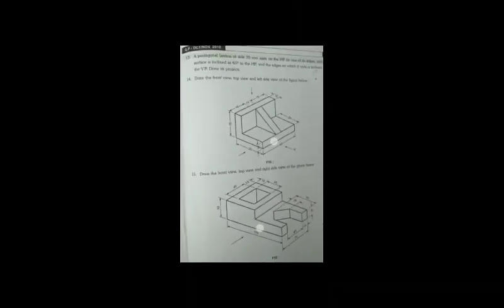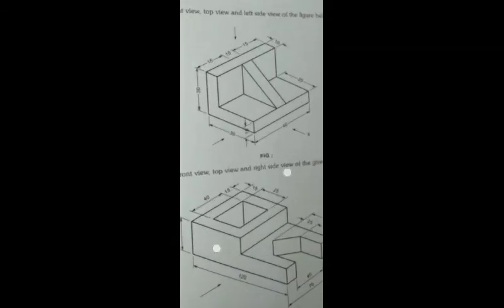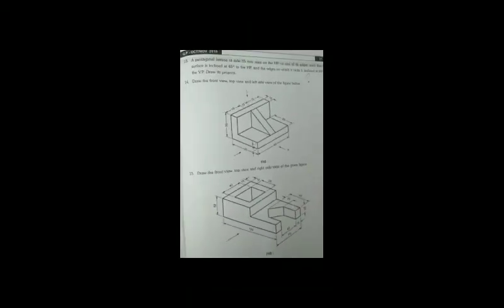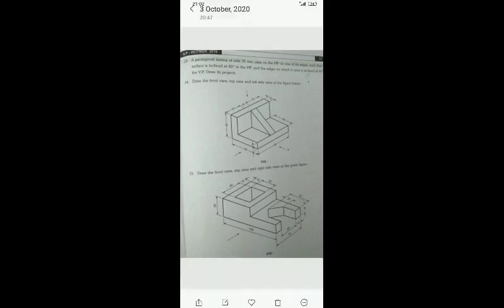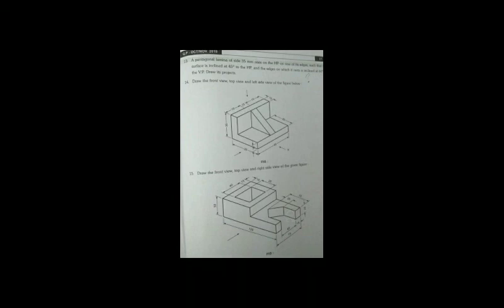So in this 15th question, you can look into it. Draw the front view, top view. So as you consider in the 5th chapter, just know about orthographic projection, it will be very useful. Already I taught you in my previous videos. Just look into it and draw the front view, top view. Just practice orthographic projection, you can get 10 marks easily, like that.